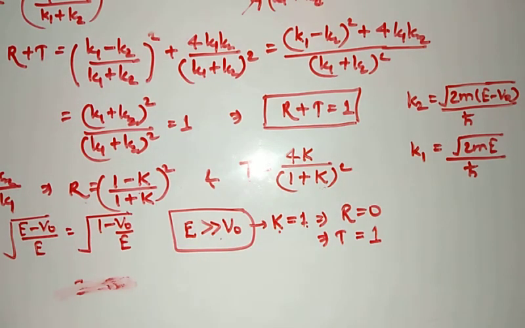So this is what we wanted to discuss: what is the energy of the particle, in which region the particle is traveling, and what is the energy in that region. So there will be reflectance and transmittance, and what the variation will be we have discussed for the potential step, and also we have differentiated between the classical point of view and the quantum point of view. Thank you.